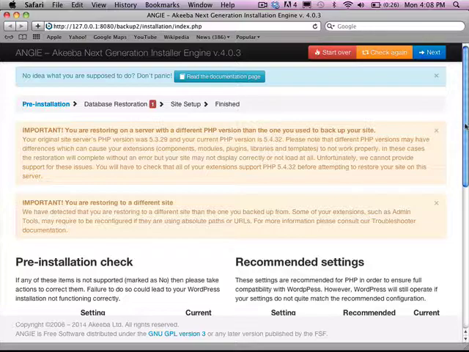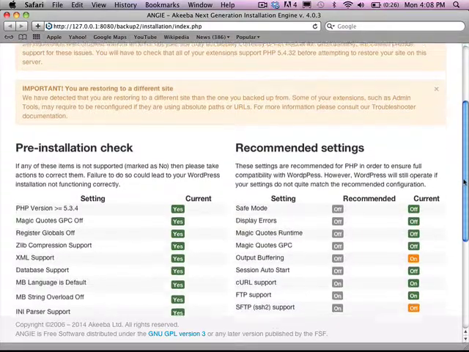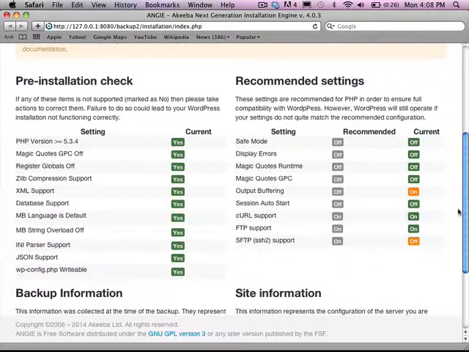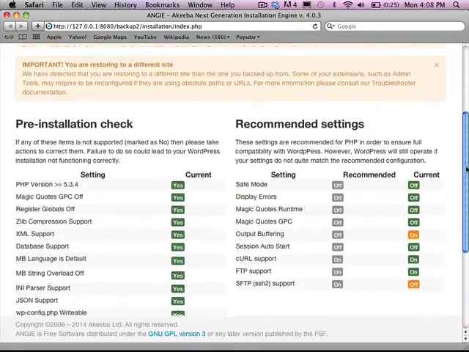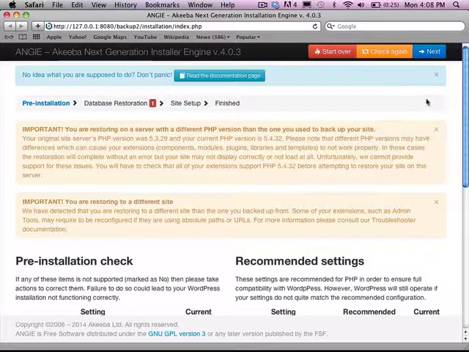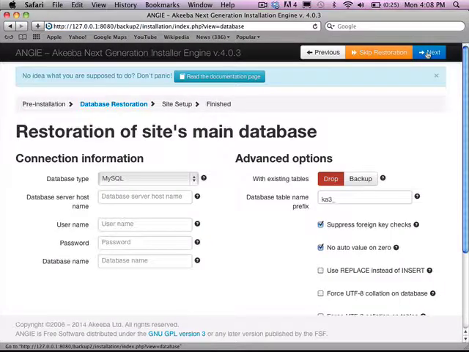So the first thing you want to do is a pre-installation check. Now, one nice thing also about running a Bitnami server is that Akeeba Backup works great with Bitnami servers. So I've already done this many times, and I know that all the configurations here are correct. On the recommended settings, these should be green, but they don't have to be. As long as everything is green on this side, don't worry about it too much unless you have errors. Go ahead and click on the Next button in the upper right-hand corner,